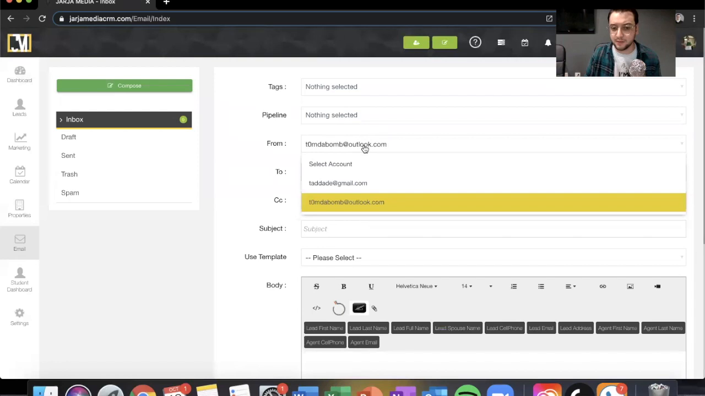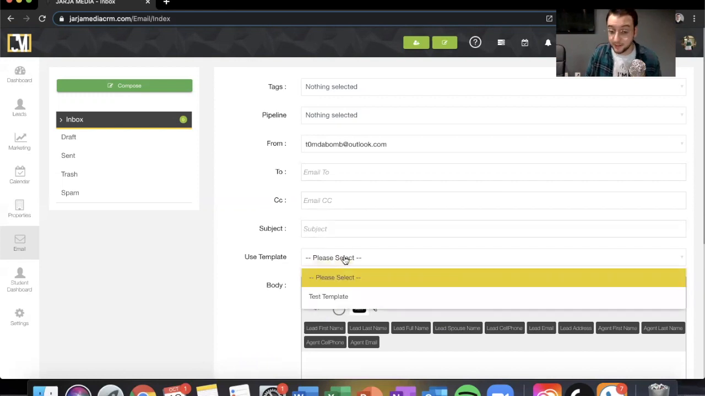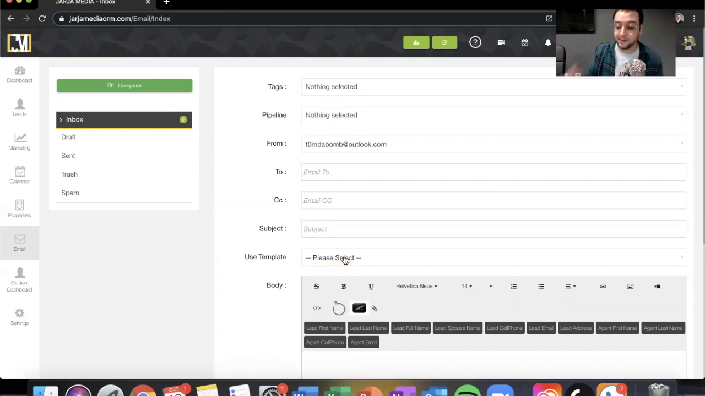If you have more than one email address connected to the system, you can actually pick and choose which email address you want to send it from. You can write out who this email is going to, and it doesn't have to be a lead or an email address that is in the system already, you can actually send this out to whoever. CC, put in a subject, use an email template,